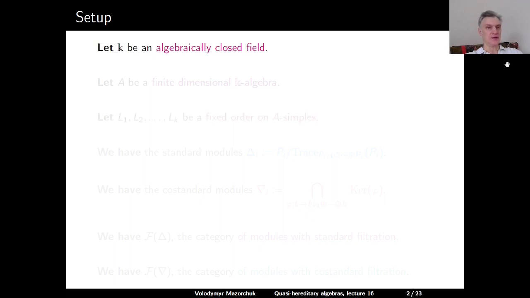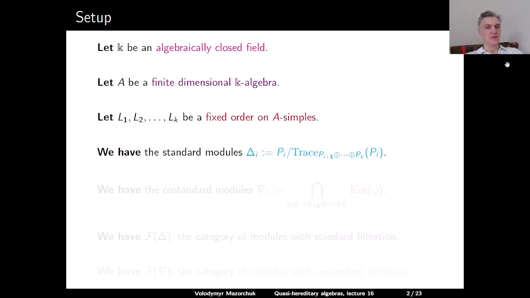Let K be an algebraically closed field and A a finite-dimensional K-algebra. We fix some order on the set of representatives of the isomorphism classes of simple A-modules. So our simple A-modules are L1, L2, and so on, all the way up to Lk. For this fixed order, we can define the standard module Δi, where i is between 1 and k, as